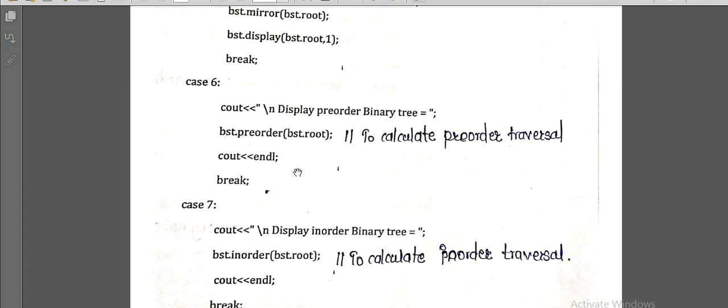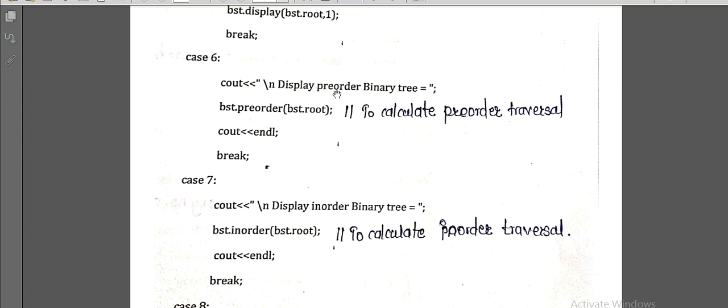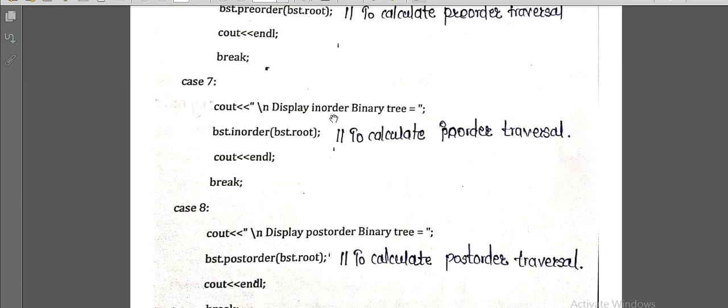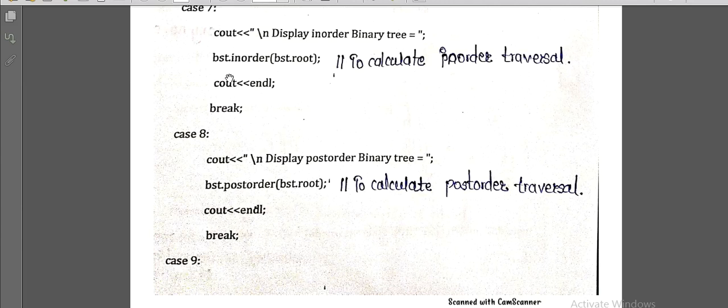After that we can also apply the pre-order and the post order on that tree. Pre-order, post order and in order. So respectively the function defined, if the user wants to see the pre-order traversal, then call the pre-order function. If they want in order, then call the in order function in the same way by using the object of that class. And if they want post order traversal, then we can call the post order function over here.